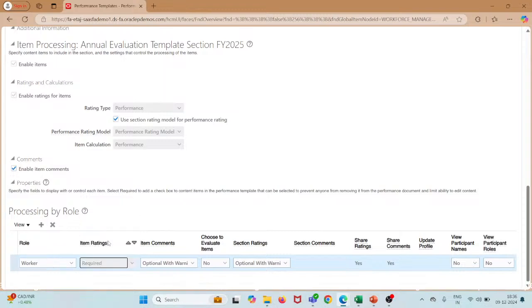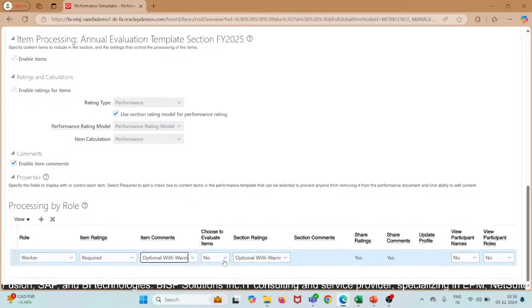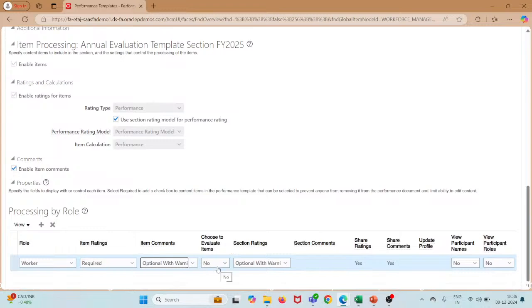Item rating is required, and item comment is optional without warning, let it be. So choose to evaluate item, no. Section rating is required, and view participant names, no, let it be. And view participant roles,